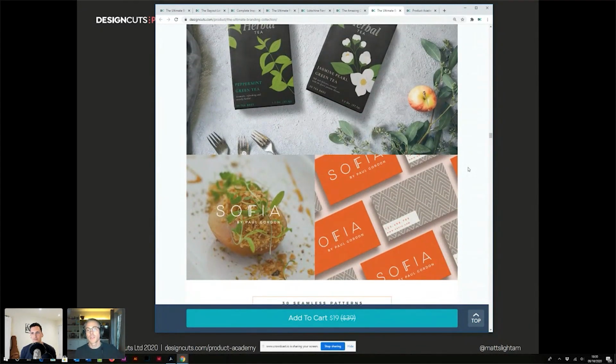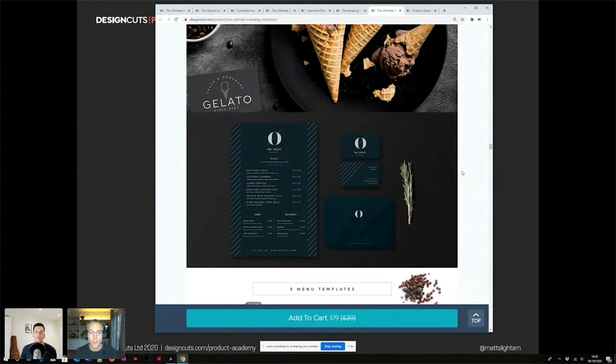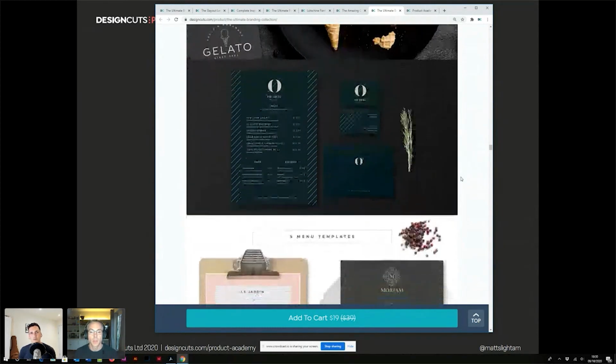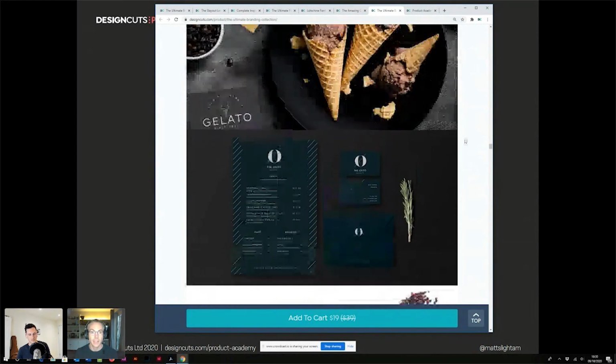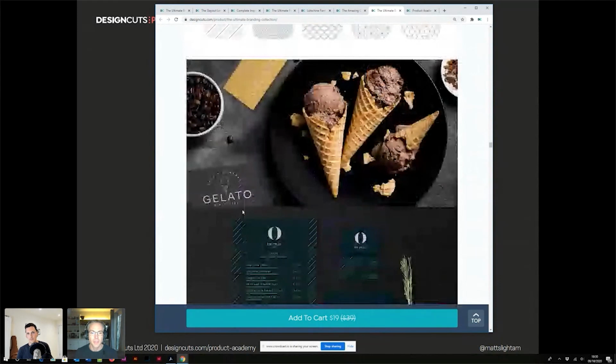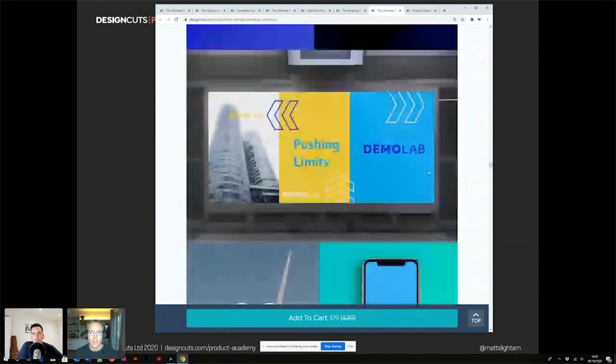And a really, really powerful thing you should think about in all your presentations: mock-up templates. Bridge that imagination gap. We could do an entire session just on bridging the imagination gap with mock-ups, because if you want to sell products, prove that your product can make commercial products look nice by using mock-up templates, because people shouldn't have to guess. We see so many products where it's like, here's what's in my product. It's cold. I can't get excited by that. But do you know what I can get really excited by? I can get excited by some branding, a business card, and a menu. I can get excited by all this stuff. I can get excited by these bright, colourful business cards.